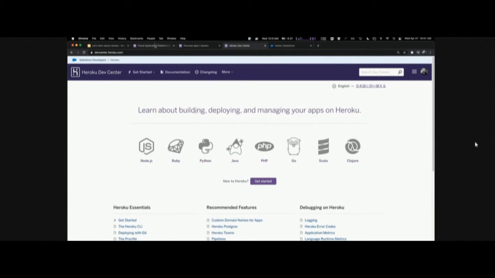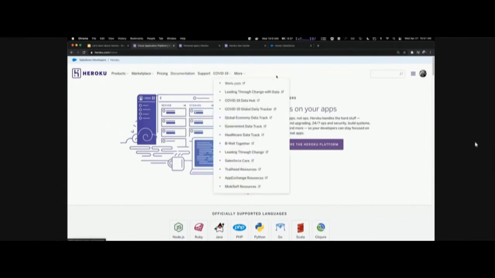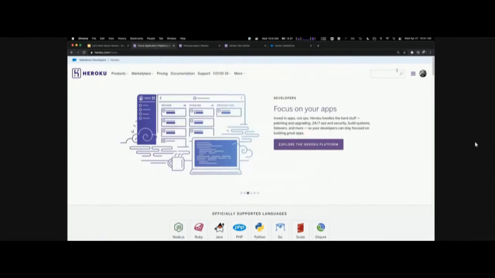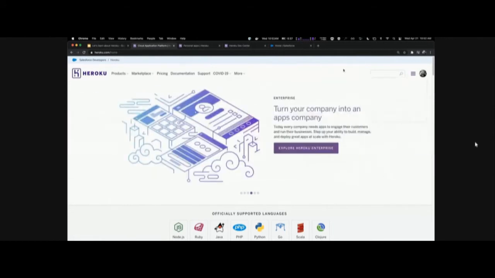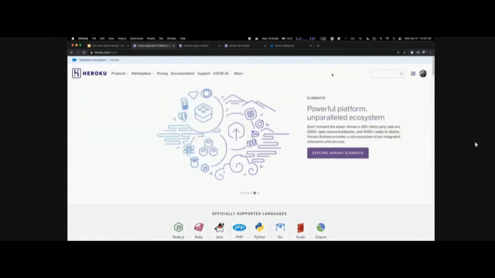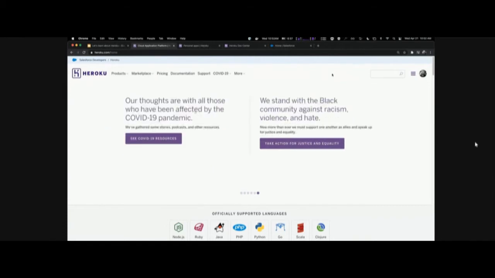In order to use Heroku, you will need to have an account. So you can go to heroku.com, click on sign up. There will be like an icon here. I am already signed up, so I have an account, but you can click on sign up. It will ask you for some information. You can create an account for free. There might be a step where it asks for a credit card. The credit card is just for verifying that you are you and you are not going to be an abuser